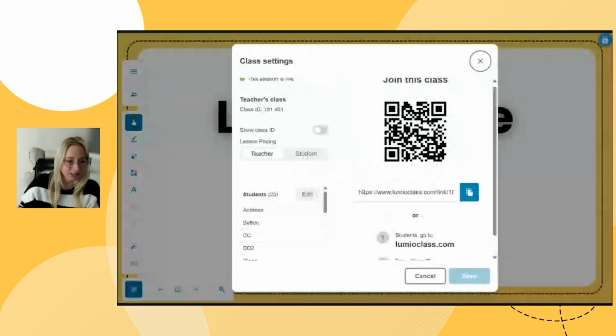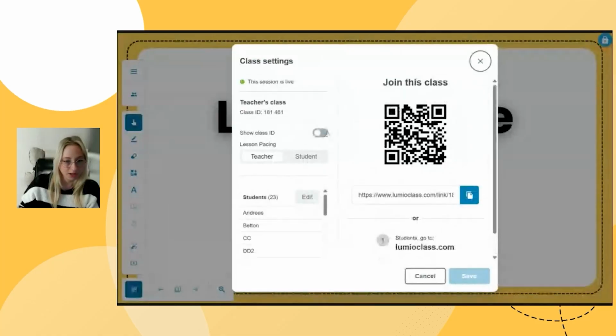And then on the left here, I still have the option to show my class ID if I want that to live on my screen. I can change my lesson pacing from teacher mode to student mode. Again, if you don't know what that is, teacher mode essentially, as you are logged into my lesson, if I